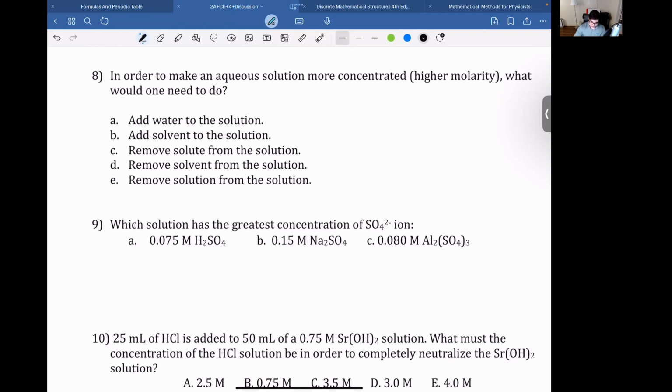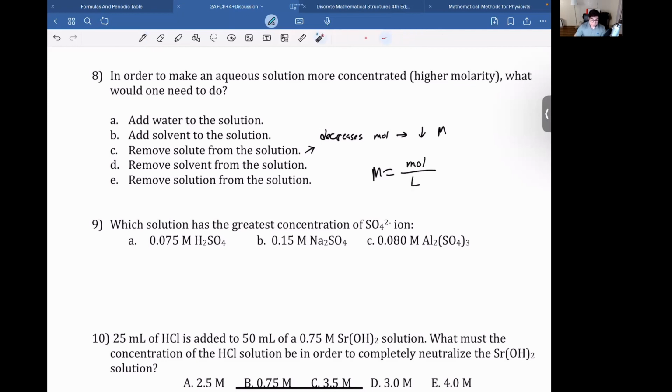It says add water, that dilutes it, as we just said. It says add solvent. The solvent's water. So that's also out. It's the same as A. C, it says remove the solute from the solution. Well, if you remove solute, this decreases moles, which then decreases molarity. So that's out. If you remove solvent, then if you look at this equation,